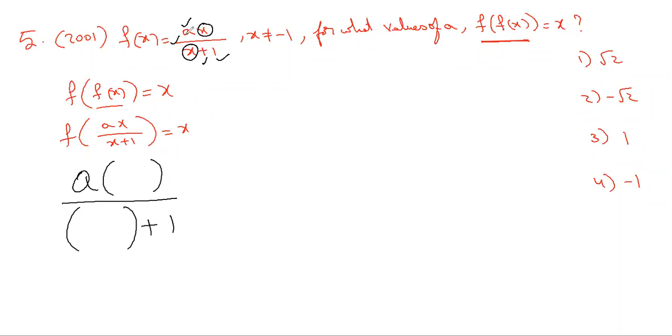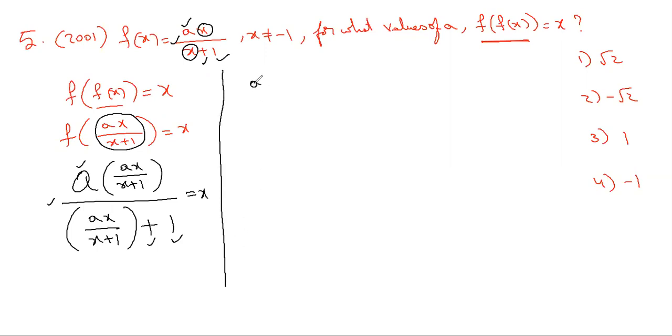If you observe carefully, these 4 ticked ones I'm writing as they are, the a, the by, the plus, the 1, because f of something is there. f of something is a times the something by the something plus 1. What is the something? Whatever the input is, that is our something. So the input is ax by x plus 1, by ax by x plus 1, and equal to x. So if you do this substitution properly, then the simplification is easy. You get a square x by x plus 1 by ax plus x plus 1 by x plus 1